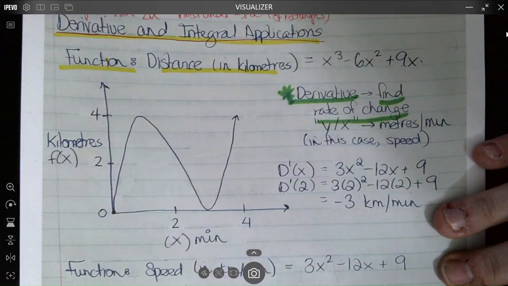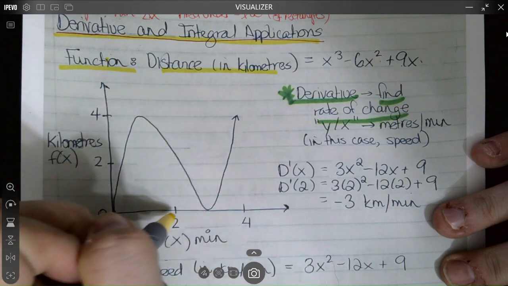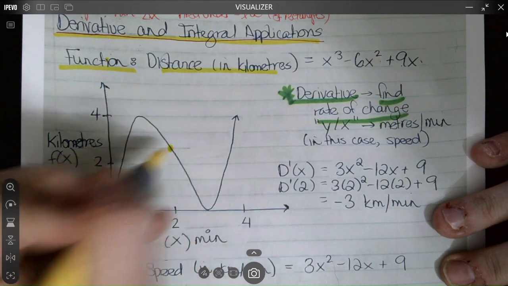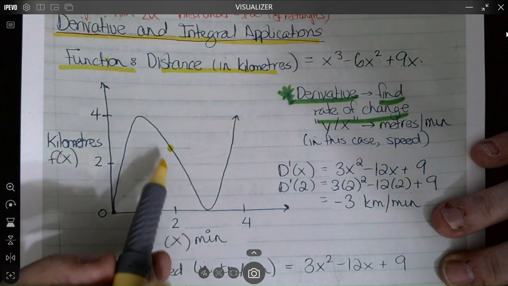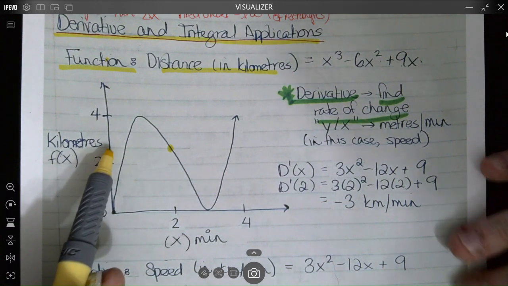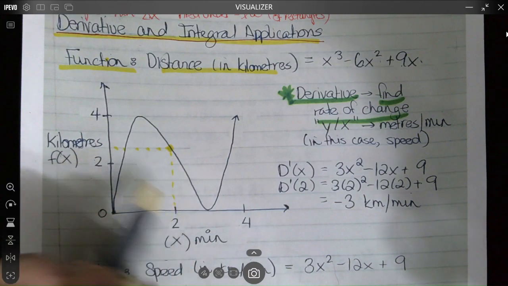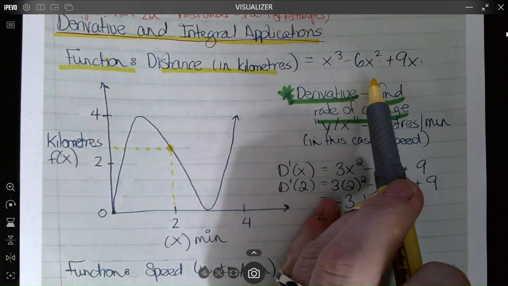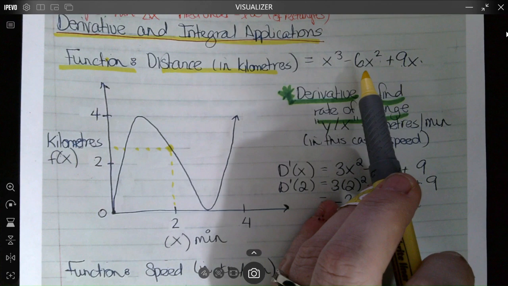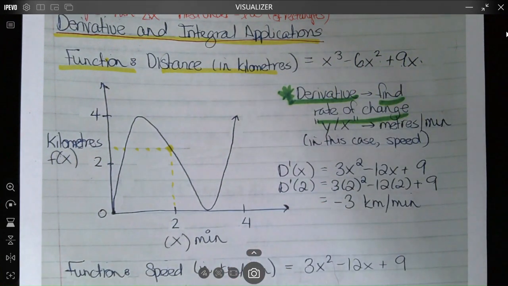So this line here will tell me how far I have traveled. So if I go to, say, right here, at about 2 minutes, it looks like I have traveled a little less than 3 kilometers, maybe like 2.75 kilometers, according to this. So in terms of what I get, if I input x equals maybe 2 into here, I might get that I've gone about 2.75 kilometers. All